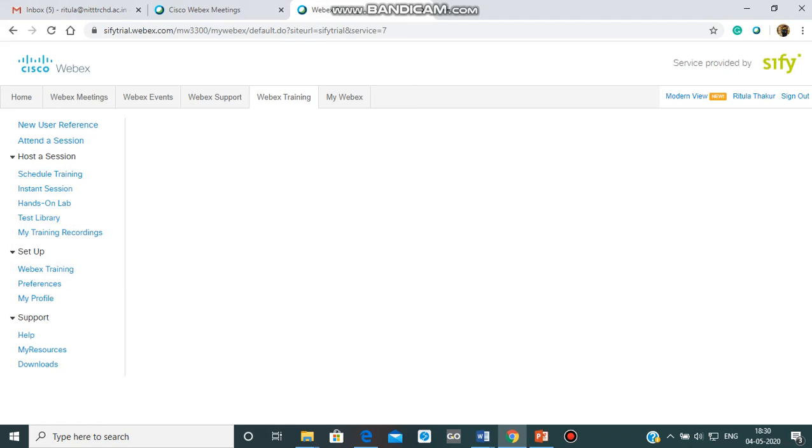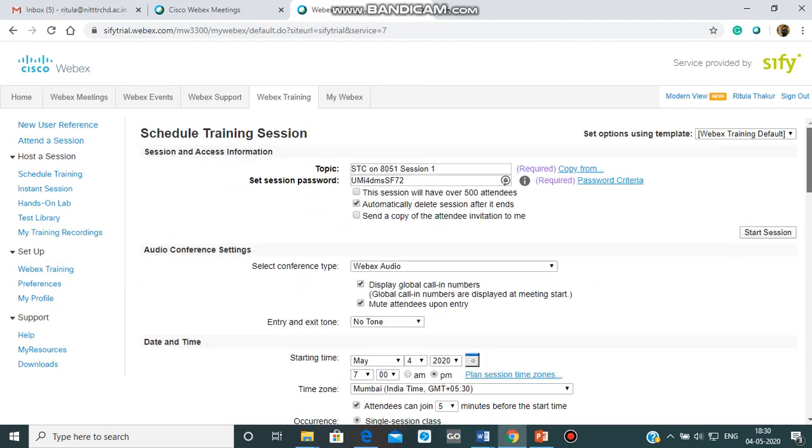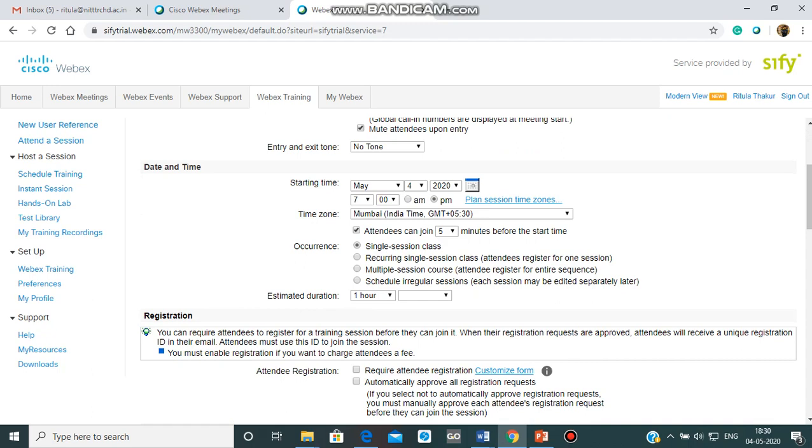Again, it will take some time and my material will be added here. So you can see here, the file has appeared here. So during your session, your participants can go to the file and they can download it. Yeah, this is what I was telling you. So I have filled up all the things here. So suppose I want that when I come next time, I don't have to fill up all the things. I just have to make changes here like session 2 and timings.